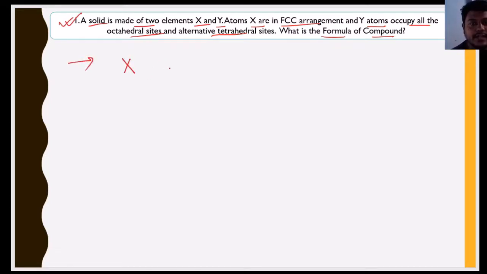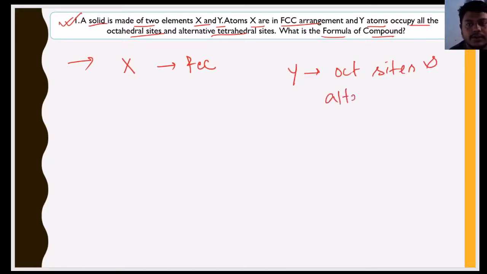ओके, तो देखते हैं। तो पहला चीज क्या बोला गया है, पहला चीज बोला गया है यू हैव एन एलिमेंट ऑफ एक्स विच इज इन एफसीसी अरेंजमेंट, and we have an element y which occupies the octahedral sites. That is pretty interesting, and also it is occupying the alternate tetrahedral sites. ओके, साइड्स मतलब यहाँ पे वॉइड्स की बात की गई है, तो ये अलग कुछ देखने में नहीं लगेगा। सो वॉइड का जो कॉन्सेप्ट है वही कॉन्सेप्ट हम लोग यहाँ पे लाने वाले हैं।